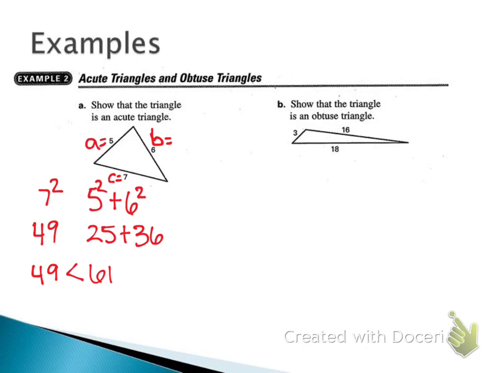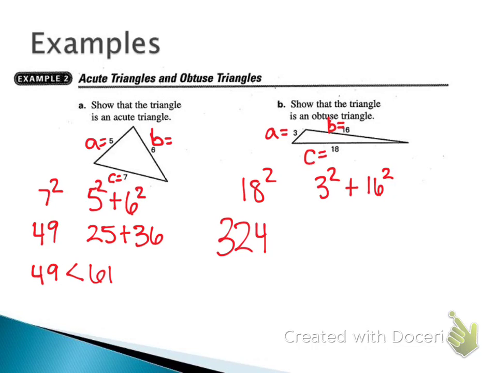The next one, I am trying to show that it is obtuse. So I'm going to want my c squared to be greater than if I'm going to be successful here. C has to be the longest side, so that would be 18. A and B are going to be 3 and 16. So on one side I've got the 18 squared, C squared. The other side is going to be A squared plus B squared. What is 18 squared? 324. 3 squared. And 16 squared